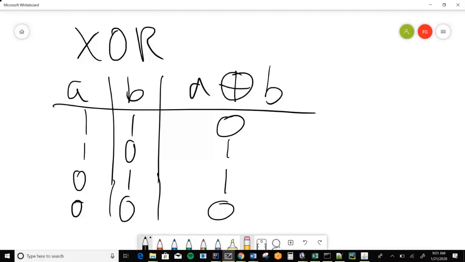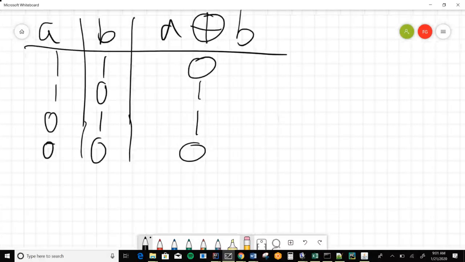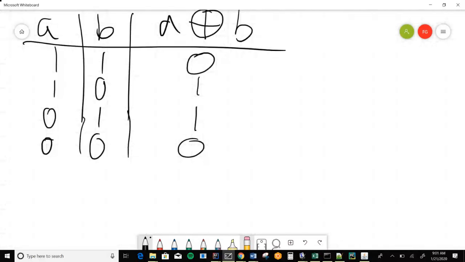Okay. So looking at this, I'm now going to apply the methodology I described earlier for automatically figuring out how to build the circuit in terms of AND, OR, and NOT. So I ignore my 0 lines and I focus on my 1 lines. And I see, oh, if A is true and B is not true, that needs to be true.